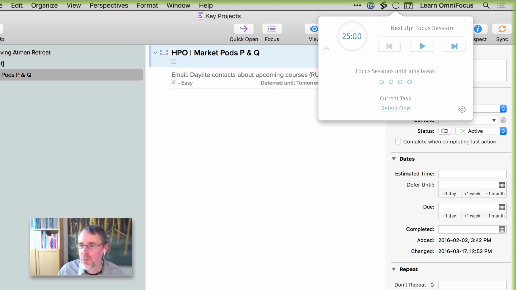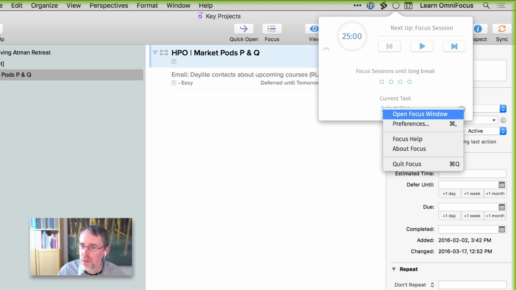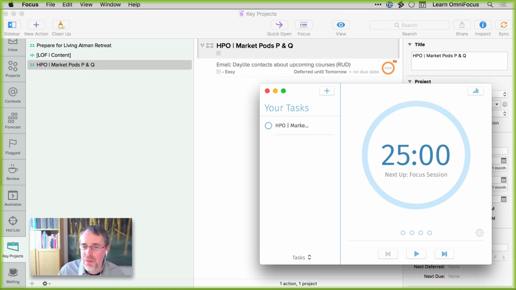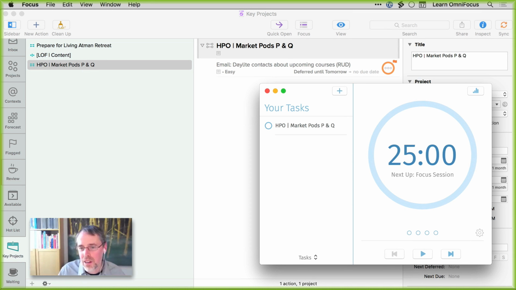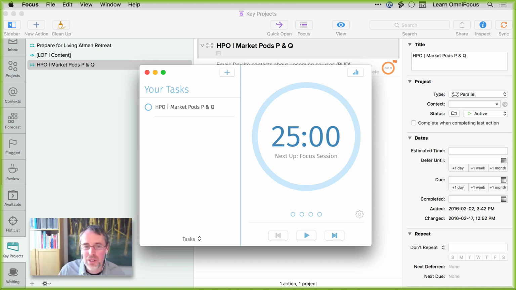It's running as a menu bar item, and I can also open up the Focus window from here. And you'll see it's put in that item that I just sent over there. So the idea is I want to spend at least one of these focus sessions on this one thing, and I just sit down and I dive into that area. I'm not checking email. I'm not looking at something else. I give myself 25 minutes for that, and I know I'm going to have a break at the end of